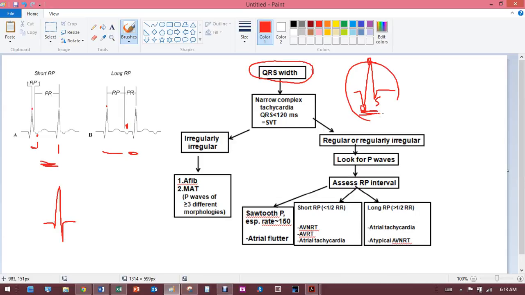If it's less than 120 milliseconds, remember you've got the big box on the time axis, and you've got 5 small boxes. Each one of these little boxes is 0.04 seconds. So if you get 3 of those, 0.04 plus 0.04 plus 0.04 is going to be 0.12, and that's the same thing as 120 milliseconds, because you convert it to milli. So if it's less than 120 milliseconds, then you're looking at supraventricular tachycardia,